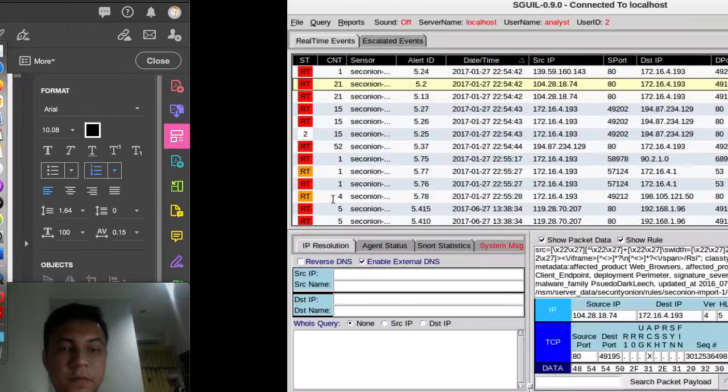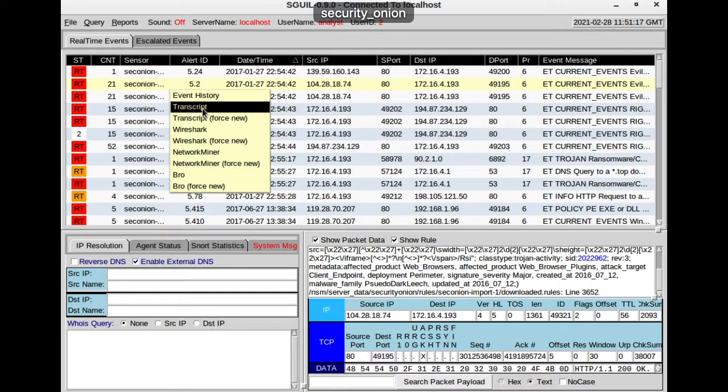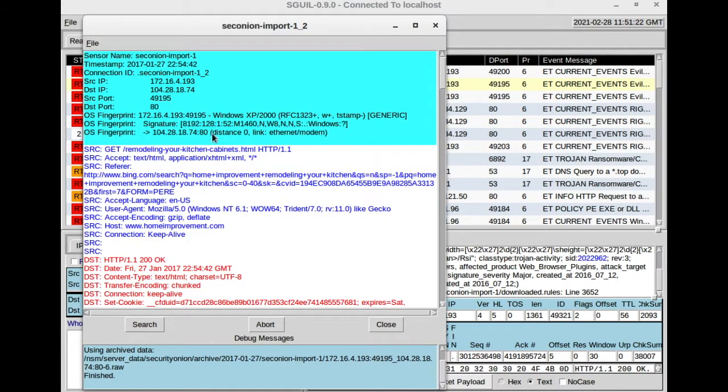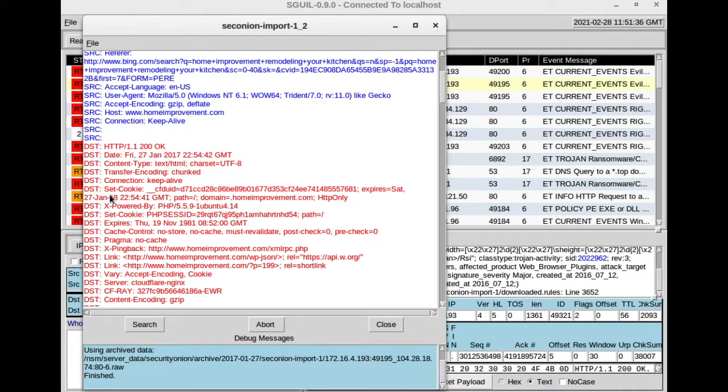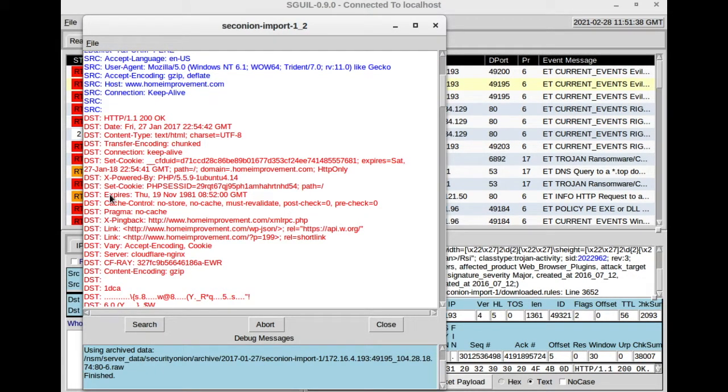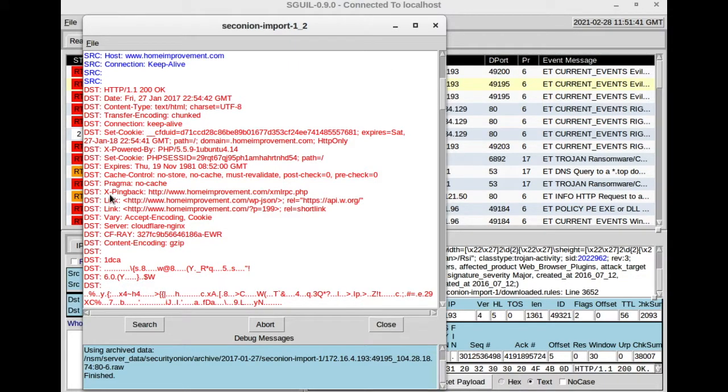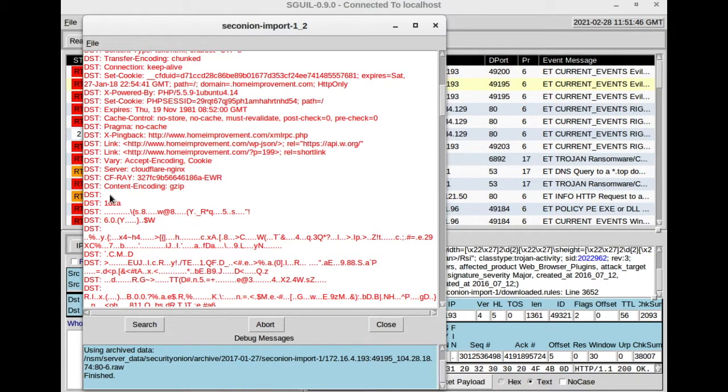Ransomware checking server. It pointed to the server,